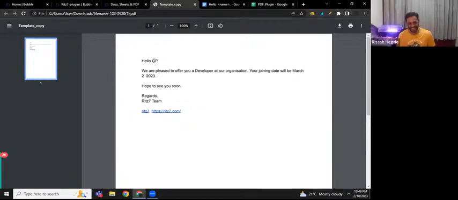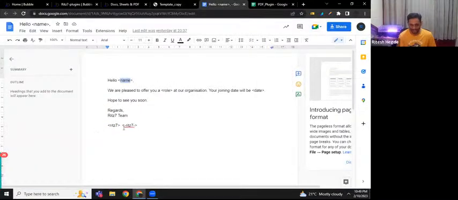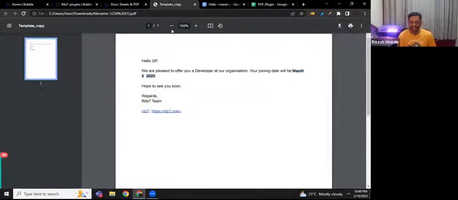So right. So the name has got replaced with GP. The role has got replaced with developer. The date has got replaced with March 2023. That's how we sent it. And if you see here, I'll show you the template. We had Rit 7 and dash Rit 7 dash. So if you just send it,